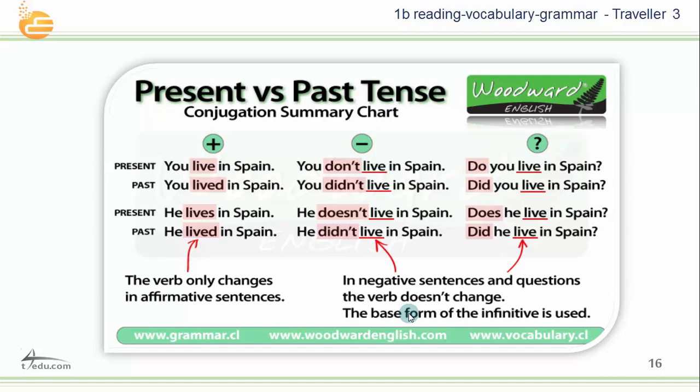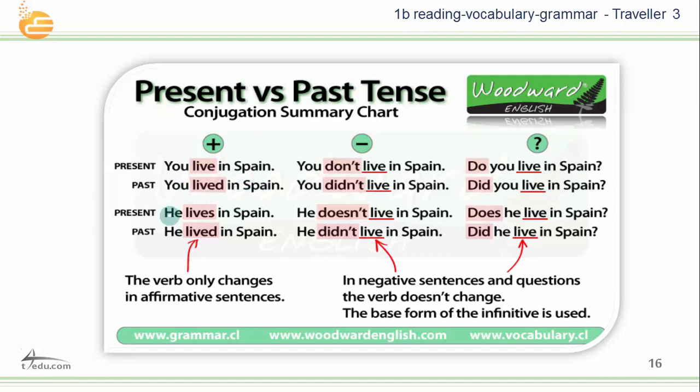Now, let's compare the simple past with the simple present. In the present, you have the first example with I, we, you, they. We just put the verb. I live, we live, you live, they live. But also in the simple present, with he, she, it, we say he lives, she lives, it lives. So you live in Spain. But in the past, the verb live is regular, so we change it into simple past. We add ed because it's a regular verb. So you live in Spain, you lived in Spain. This is in the past.